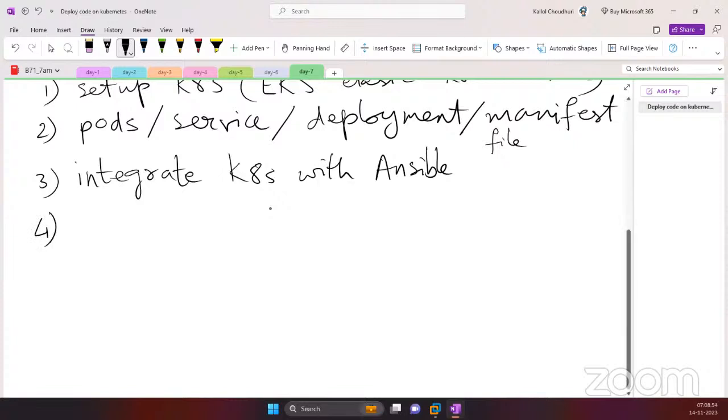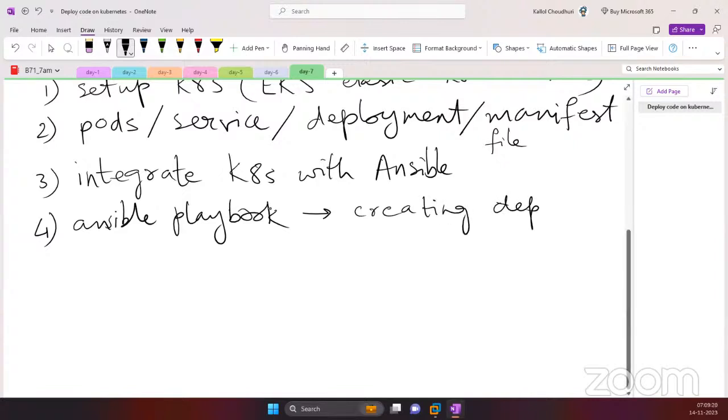Because there is Ansible, whenever there is Ansible, there will always be an Ansible playbook. That is nothing but the code that you are going to write in YAML language. So you're going to write Ansible playbook code for two things. Creating deployments. First you will deploy, and then you will expose. This is the first one. And then the second one is